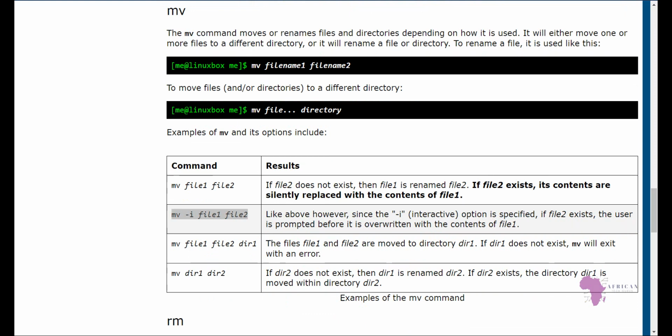The next one that I want us to look at is mv file 1 file 2 dir1. So what happens here is file 1 and file 2, which are the names of your files, the way you have named them, will be moved to the directory called dir1. And in this case, if that directory, dir1, does not exist, mv will exit with an error, which is very different from